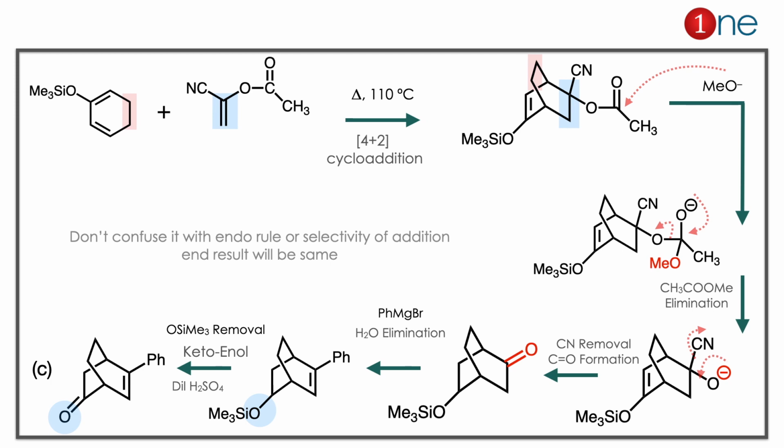Here you have to learn two important things. One is the system with multiple functional groups. Whenever you have a system with multiple functional groups, you have to think of the order of the reaction: which reagent is given first, which reaction happens first. If you reverse this order, you won't get what you should. The second thing is functional group conversion. You have to master how to convert one functional group to another, and also how to quench the charges. Here you are quenching the negative charge in 2 steps: one is by MeO removal, another is by CN removal.